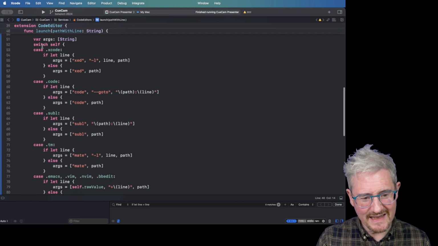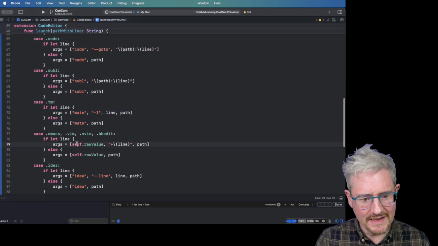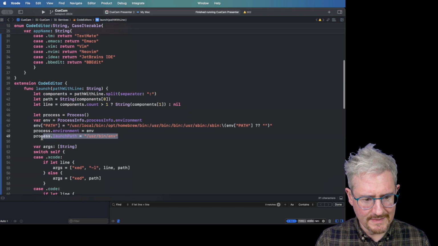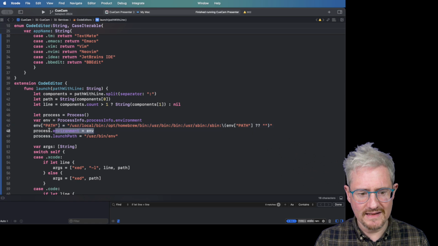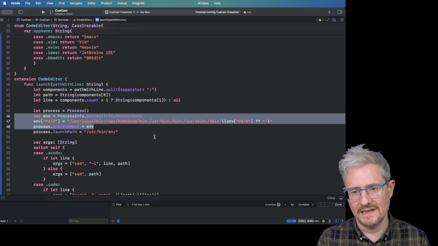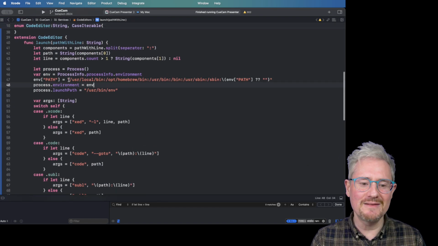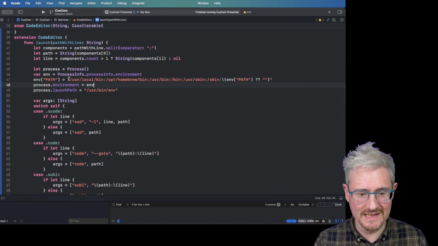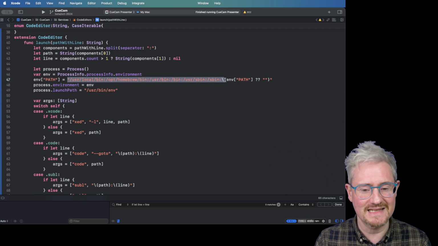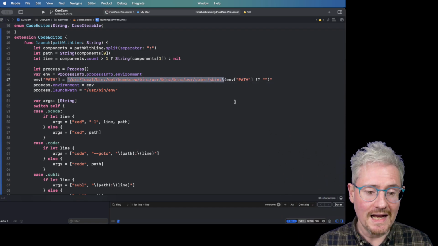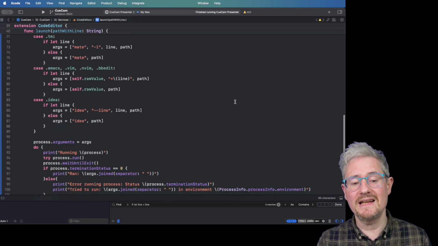It has different commands for different things, and it does this user bin launch path. But basically it was like 2 hours of fighting with ChatGPT to actually get it to work right. It was just missing the environment stuff, so I was forcing it, putting back in some standard environment variables. So this may or may not work for you. And then it turned out that